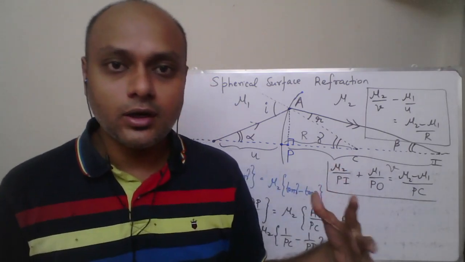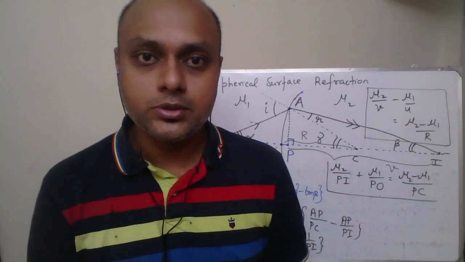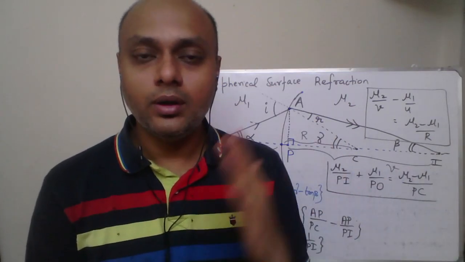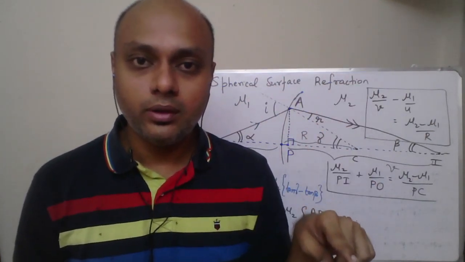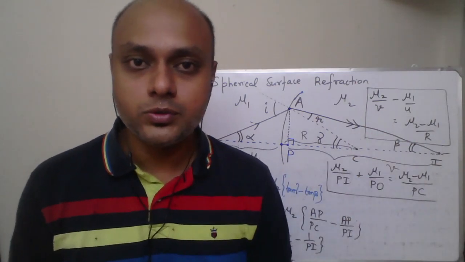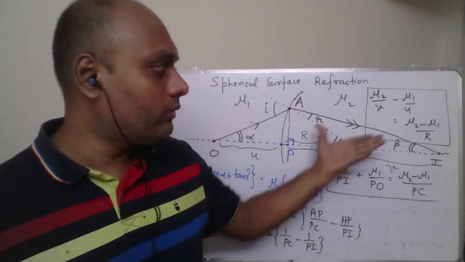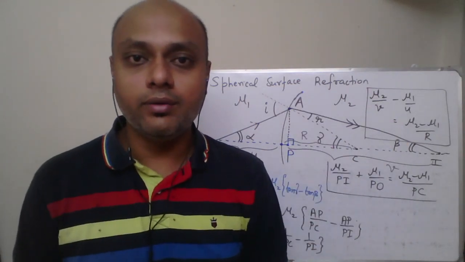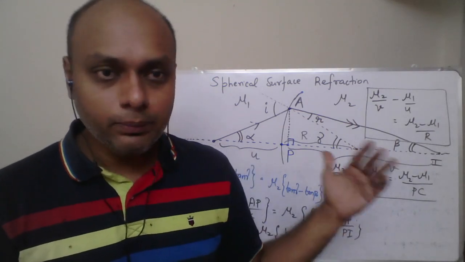And I'm going to next continue and show you how Lensmaker's formula comes into picture for a thin lens and also the thin lens formula. Okay, Lensmaker's formula is that 1 by f equal to mu of lens by mu of surrounding minus 1, that formula which is there, and thin lens formula 1 by f equal to 1 by v minus 1 by u. So those put together it will be one derivation, but we will be making use of spherical surface refraction formula and deriving it. Okay, so I'll just bring it up and discuss it out.